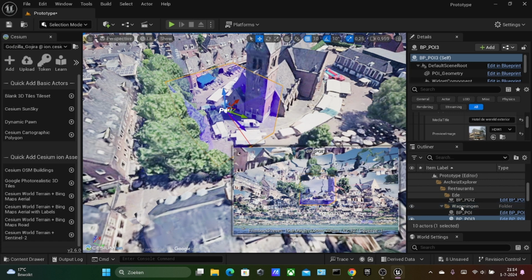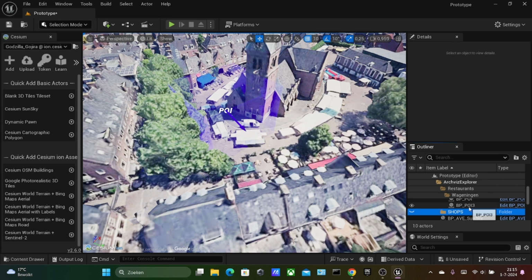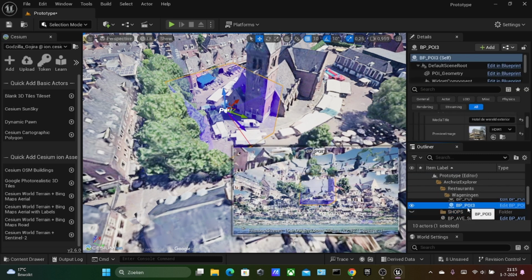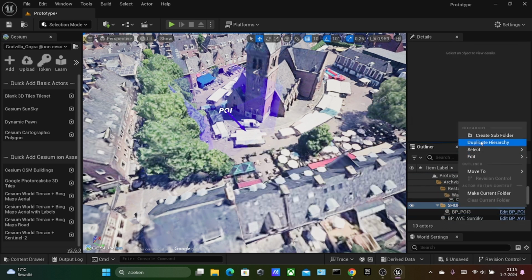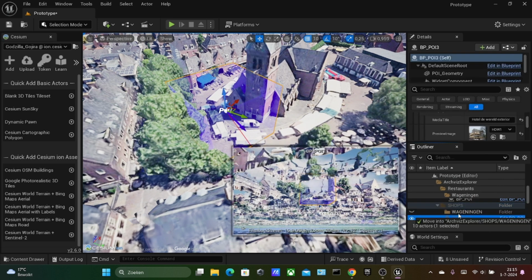It should be fine. Shops. Yeah. Shops, create subfolder, of course, Wageningen. Let's put it in here. Yeah,